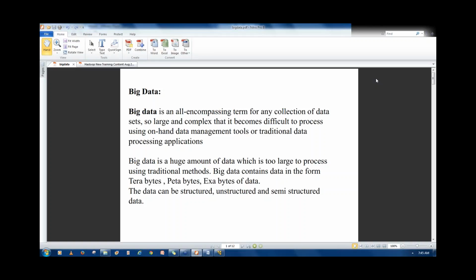See, this is how we are going to work with a bulk amount of data. It's a simple example of how everyone, you and me, work with data. So big data is a huge amount of data which is too large to process using your traditional methods. Now suppose we look at clients like healthcare, retail, automobile,